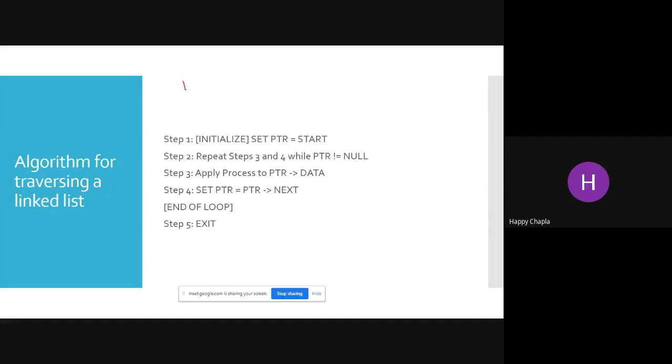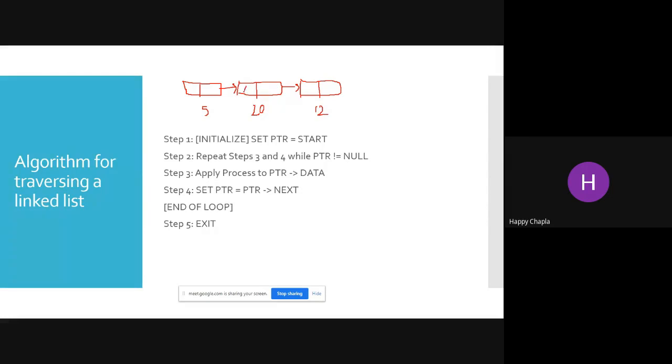So you can see one linked list with me. I have memory addresses 5, 10, 12.